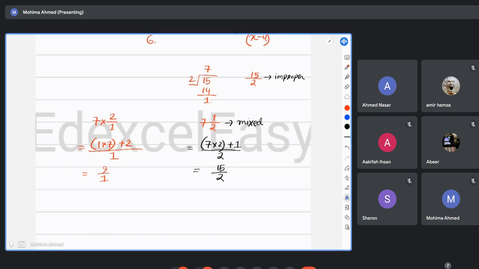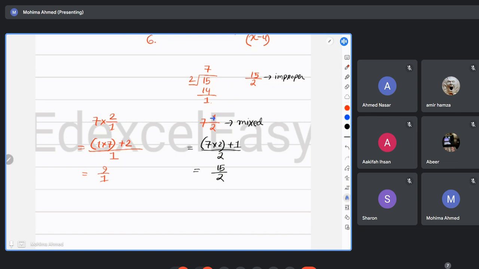I'm actually explaining the basics to you, and then I'll go back to your polynomial one. But just for this example, as you can see, we started with 15 over 2, right? Then we did the division. From the division, we got quotient, remainder, and dividend, and we wrote the entire fraction as a mixed fraction, right? The format of writing this mixed fraction should always be the same: quotient on the side, remainder on the top, and the dividend at the denominator. Why is that fixed? Because if you simplify it from the mixed fraction, you'll eventually get back to the original improper fraction. That's the main idea.